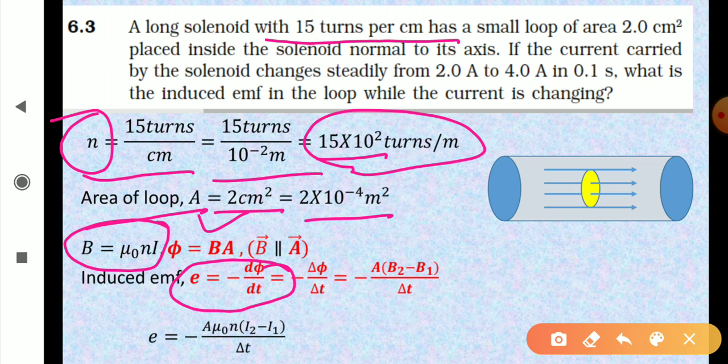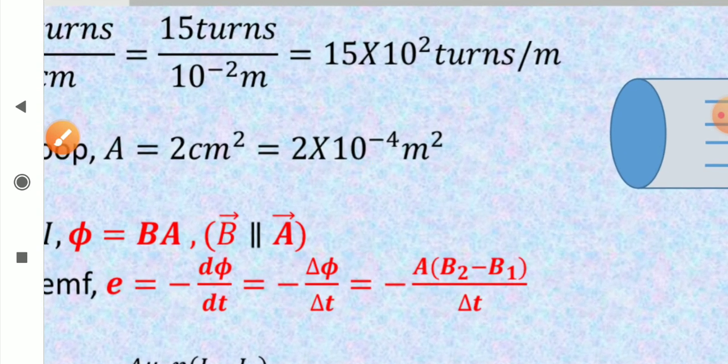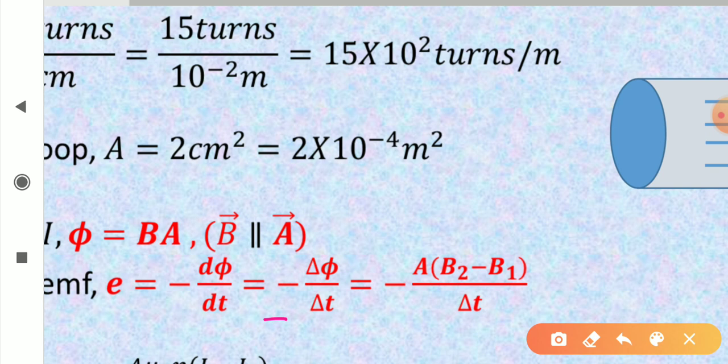Relation for flux here will be BA, and B and A are parallel as I just showed you. See, this is the magnetic field and the area vector is also along the same direction. So their scalar product will be B dot A or BA cos 0, which will be BA only. Relation for induced EMF is minus d phi by dt, and I can very well write it as minus delta